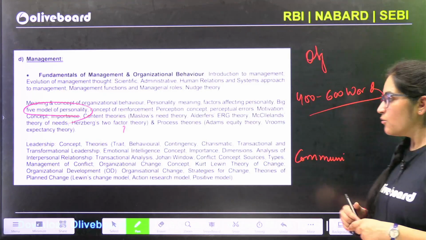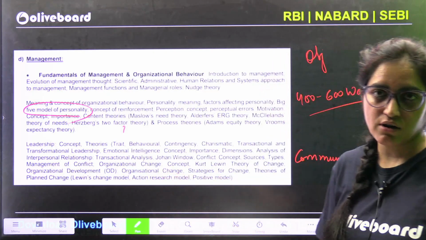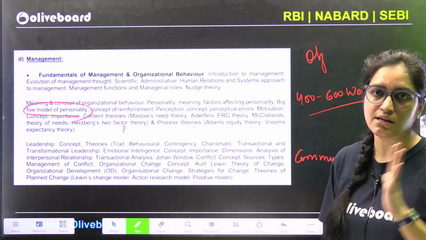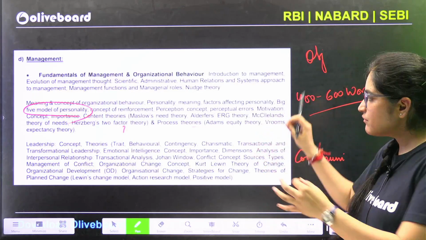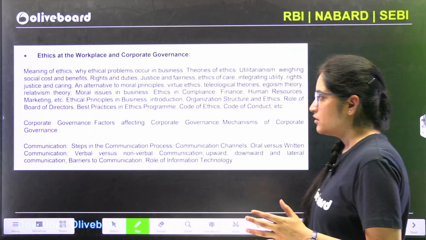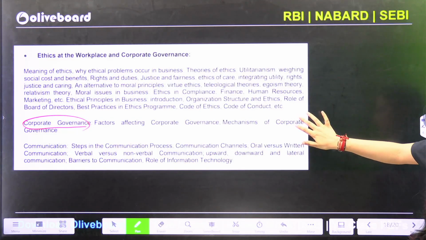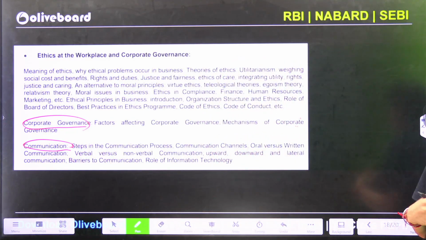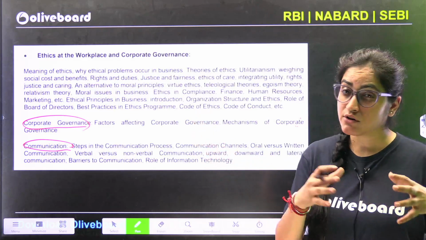So, what you can do is, whatever topics are written over here, if you are in self-preparation mode, then try to cover each and every topic that is written in the syllabus itself. That's it. For the descriptive portion, management is the easiest domain, you can say. Why? Whatever is written, the question is being asked like that only. So there was also a question on corporate governance. So whatever topic is written over here, like on communication, a full-blown 15-marker question was there. Certainly they are not changing much. So management is very easy with respect to your descriptive portion.